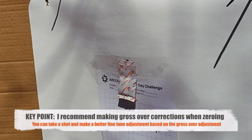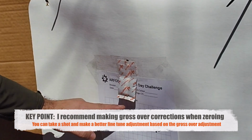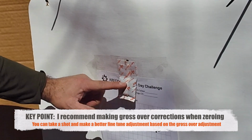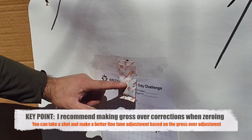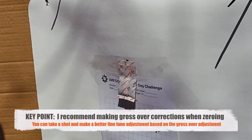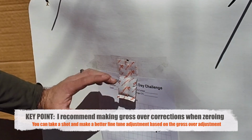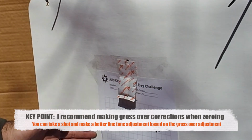Now I'm going to do 4. I'm going to adjust up 4 values and see what that gives me. And if it goes too low, let's say an adjustment of 4 values hits here, then I'll know coming back 1 value would probably be in this vicinity and I would call it good. If 4 values takes it here, I would come back 2 values and call it good. So I make a gross over adjustment